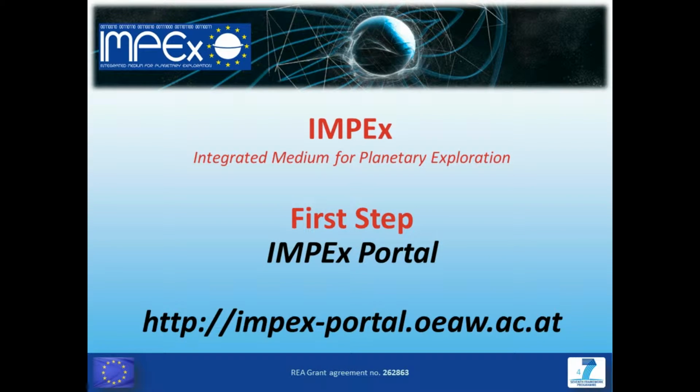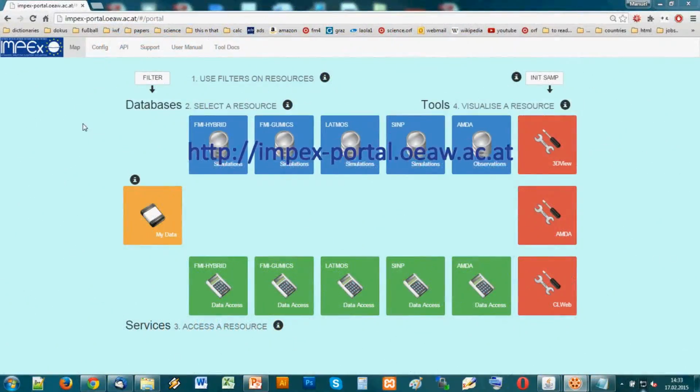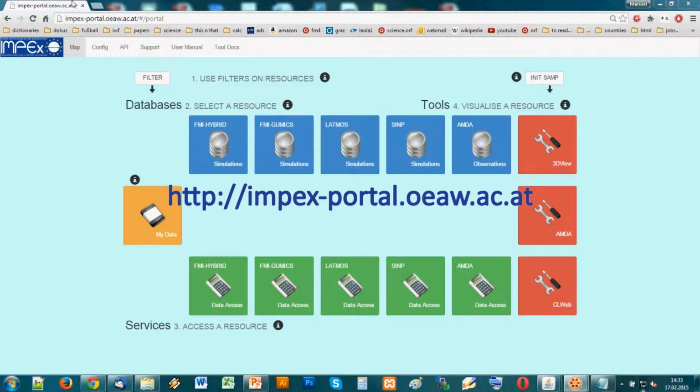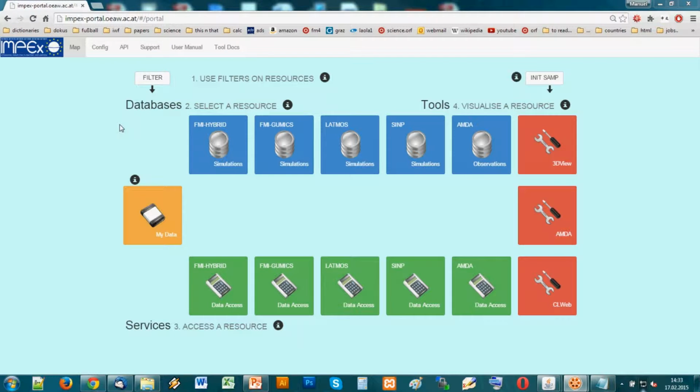As a first step, we will go to the IMPEx Portal. The portal can be found at impex-portal.oeaw.ac.at. To perform this example, we will use the FMI Hybrid Simulations database and the FMI Hybrid Data Access Service. For comparison with observational data and for further visualization, the data will then be further processed in the IMPEx tools